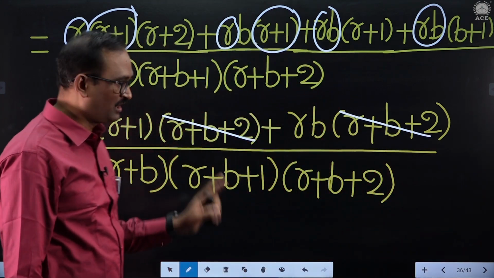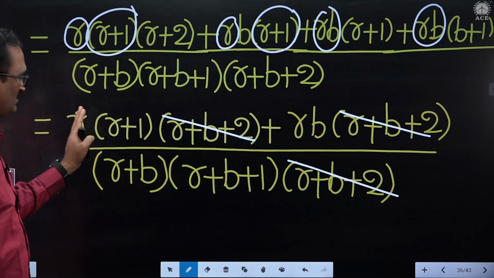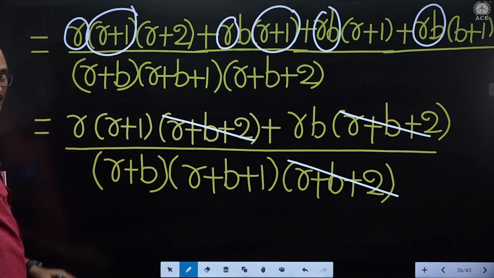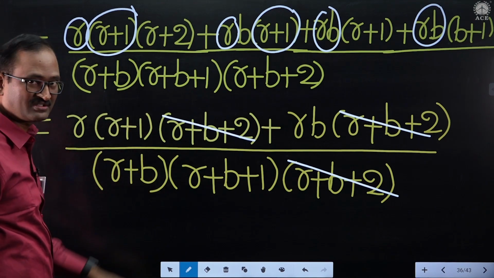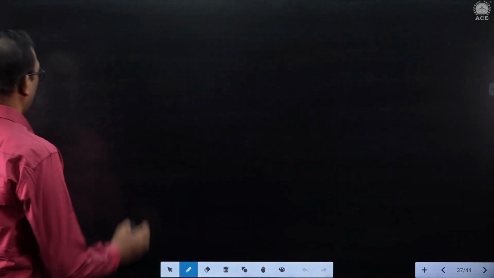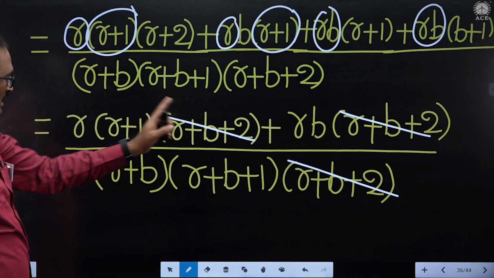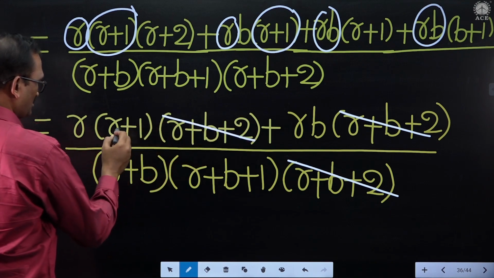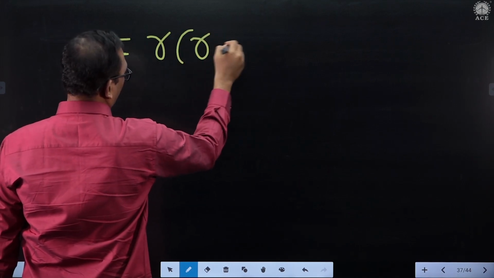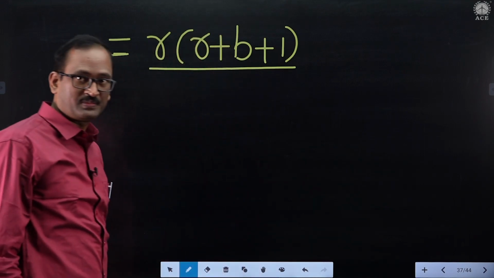If I take it out as a common factor, that r plus b plus 2, this r plus b plus 2 cancel each other. Rest of the terms remaining r into r plus 1 plus rb. Again from these two terms of the numerator also, I want to take out r as common. Then if I take r common, the remaining terms inside the bracket r plus 1 plus b, that is r into r plus 1 plus b,